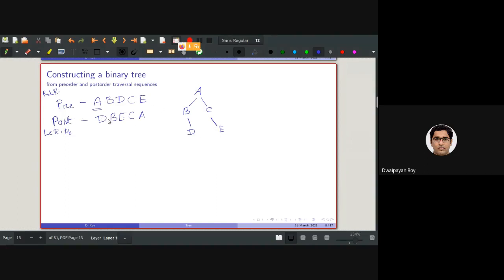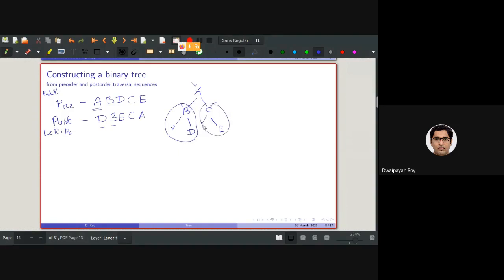And if we look at the post-order traversal, it's left, right, root. So first we need to traverse the left subtree. The root will be coming here, with left null, then the right subtree, basically D, then the root B. For the right subtree, this is the root.